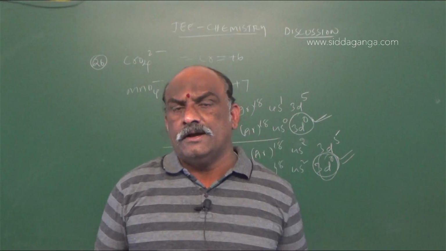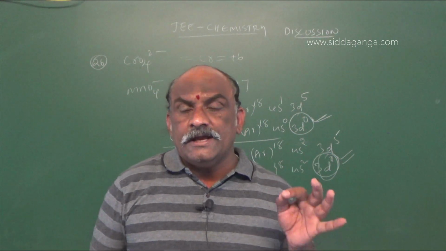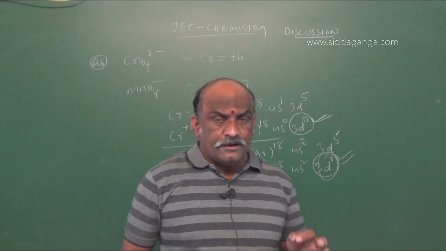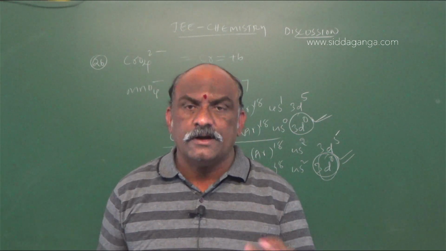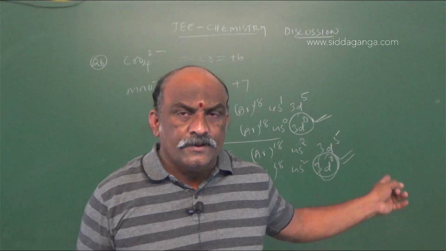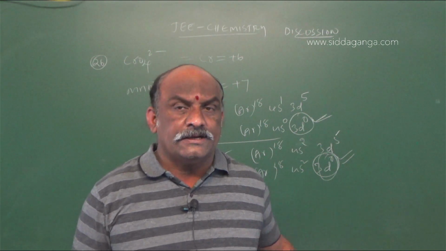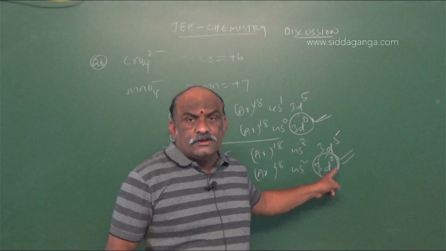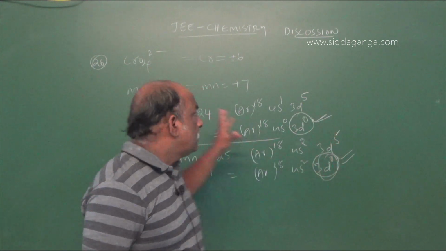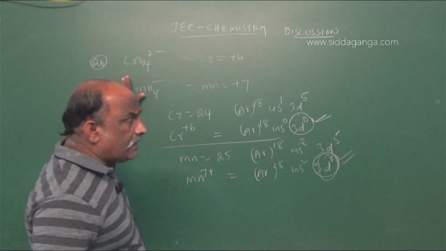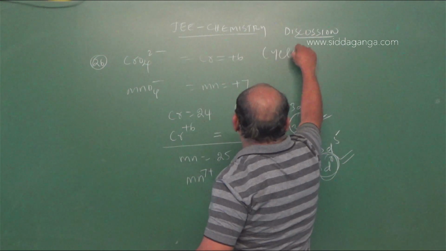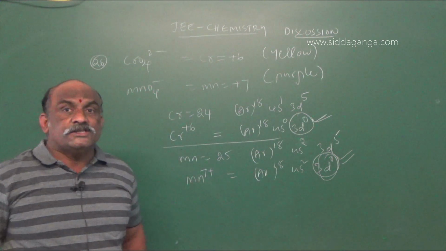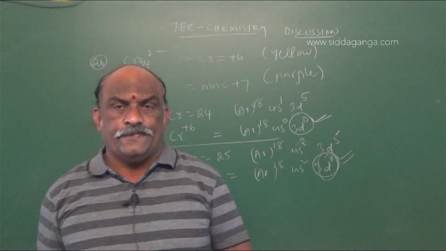According to the D block, unpaired d electrons are responsible for color. But here no d electrons are present in these. These belong to d0 configuration. So these examples exhibit the characteristic color. Number one is the yellow color and second one is the purple color due to the charge transfer.